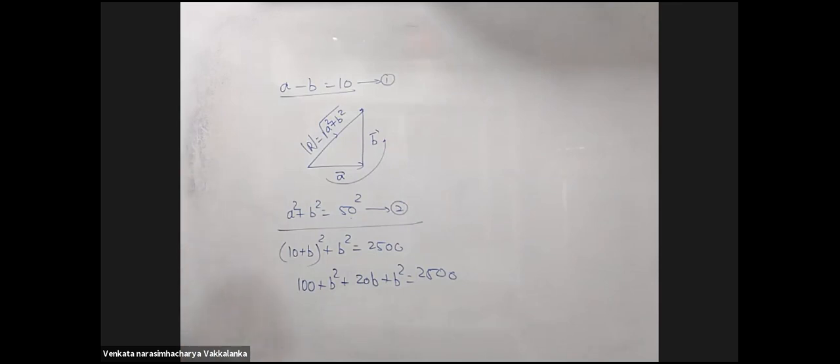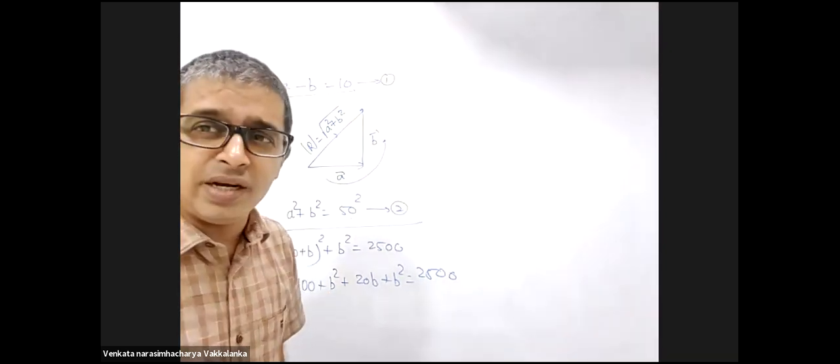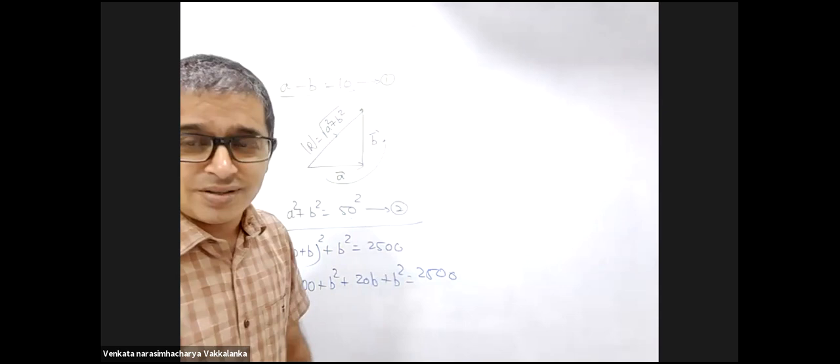When asked in a paper, there will be options, right? So when we see 50 square and we see that it's in Pythagoras, can we not assume the Pythagorean triplets to be 30 and 40? Now, here it is a very initial stage, so they give you very convenient numbers. In the exam paper, they will make sure that you cannot make a guess.